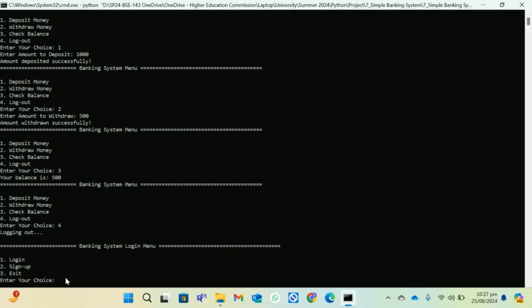In conclusion, to summarize, this simple banking system is a practical demonstration of Python's file handling capabilities, loops, and conditional statements, storing account data in text files and allowing users to interact with their account. The program simulates basic banking functionality in a straightforward and user-friendly manner. We hope you find this script useful.